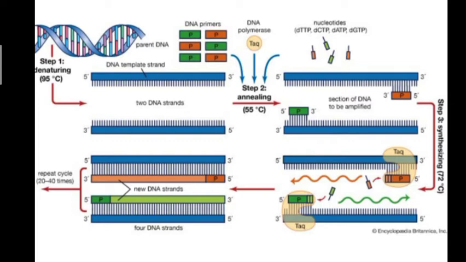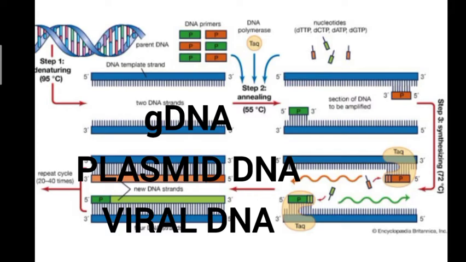Here the substrate is the single strand DNA and primer binding junction, and it adds nucleotides, which are dNTPs, to the growing DNA strand. The Taq has the power to amplify any type of DNA such as gDNA, plasmid DNA or